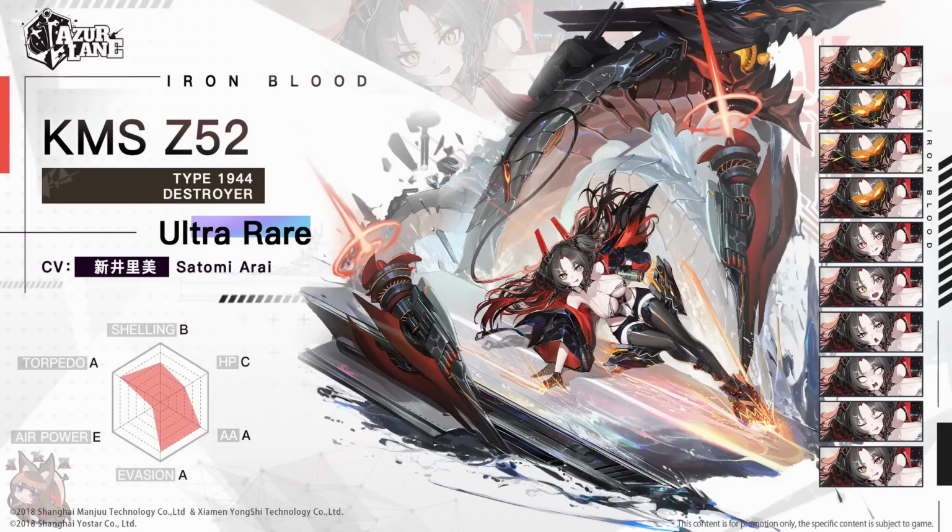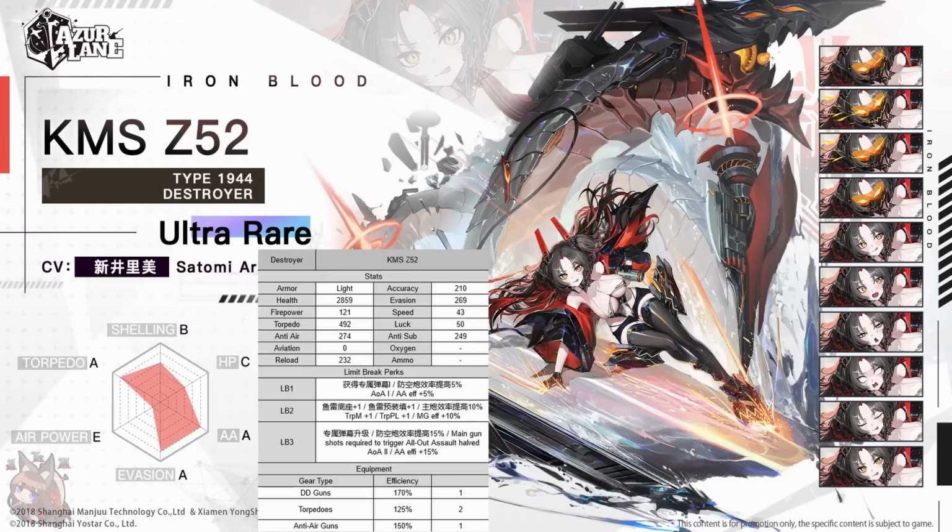All right, we're starting off strong with the first UR. Let's move on to the second UR. She's not going to be available in the gacha. She will be available through the voucher system. So in a way, she's a freebie. However, you will have to grind a bit to get those vouchers. All right, looking at her stats,